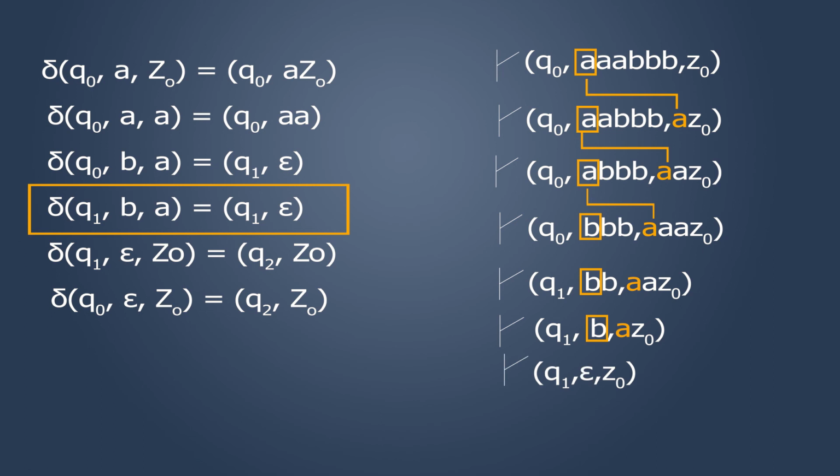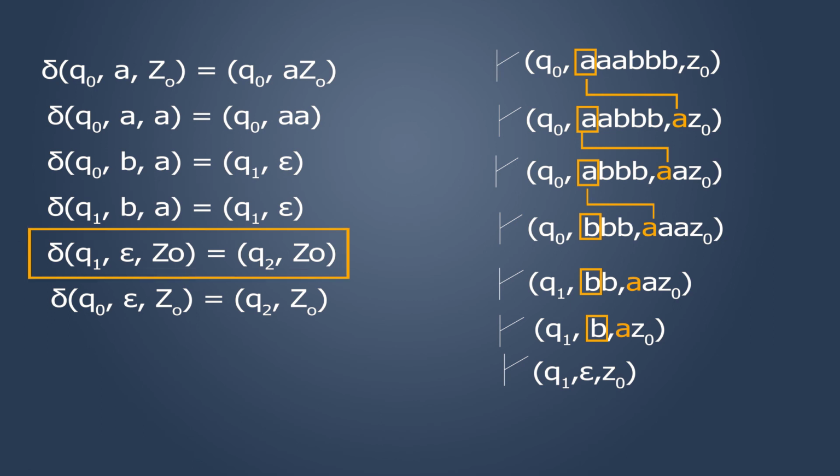Since there are no more inputs, we write it as epsilon. And if I see the stack now, we can see that top of the stack happens to be Z0 and we are on Q1 state. Then this transition function would get executed and we would be moving to my final state, that is Q2 with Z0 as top of the stack. So this string would be accepted by my pushdown automata.